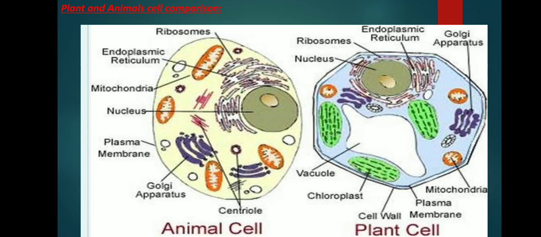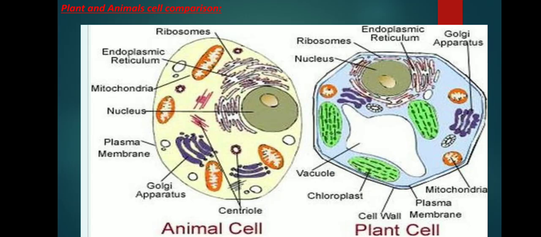Let's take a quick look at what animal and plant cells have in common and then explore what makes them different. Shared characteristics. Both plant and animal cells are eukaryotic, so they have a lot of similarities. They have a membrane bounded nucleus that contains their genetic material, DNA. A semi-permeable plasma membrane surrounds both types of cells. Their cytoplasm contains many of the same parts and organelles, including ribosomes, Golgi complex, endoplasmic reticulum, mitochondria, peroxisomes among others.